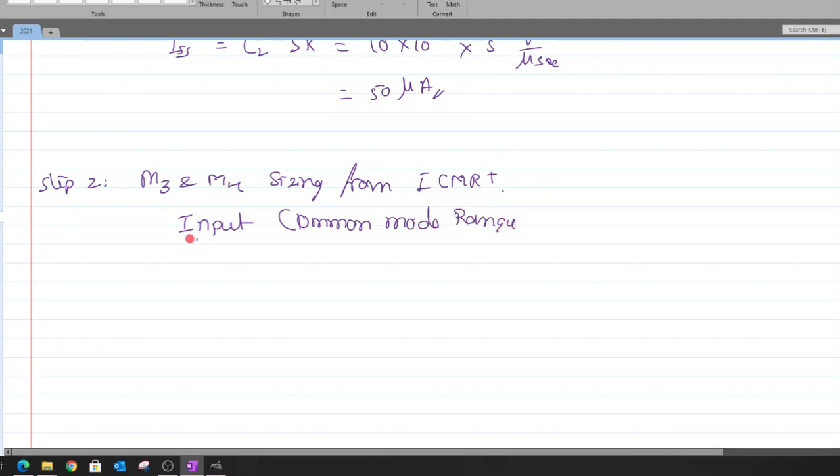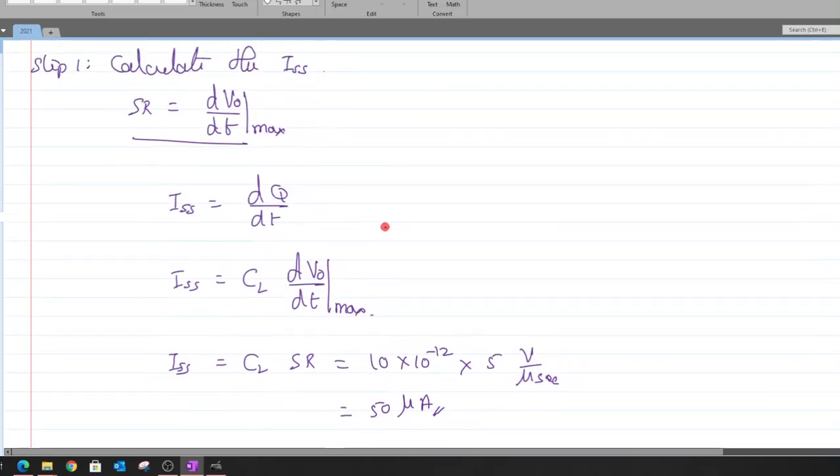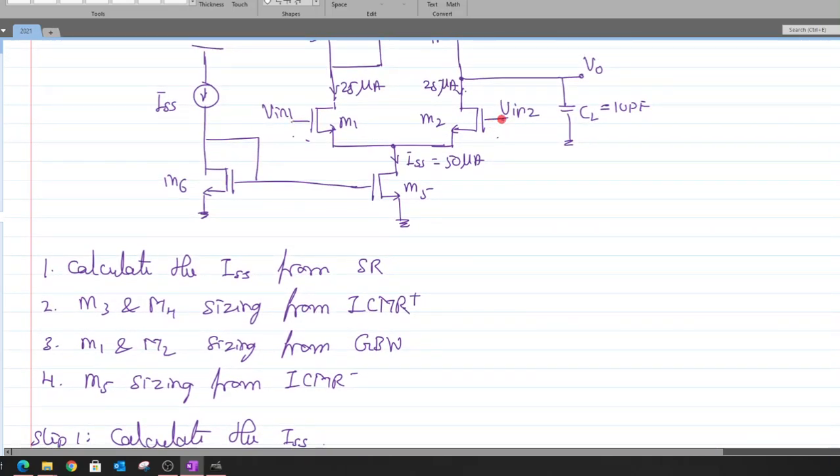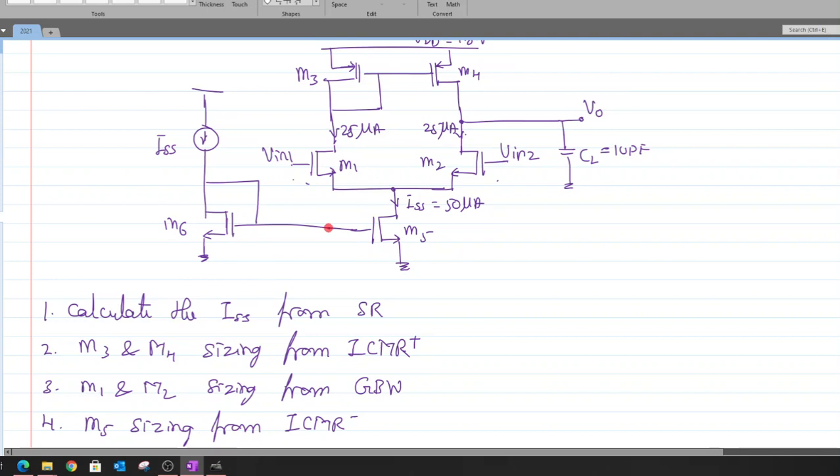Okay, so as the name suggests, it's an input voltage range that we will have, and that input voltage is nothing but the common mode input voltage. Okay, and it is defined as the range of gate input voltage that we will apply over here. In this case we will apply some gate input voltage in such a way that there is a range of voltage over which the transistors that are used in this structure don't move out of the saturation zone. So there will be a range of voltages over which all of the transistors that I've used in this structure, in this differential amplifier, will stay inside the saturation zone.